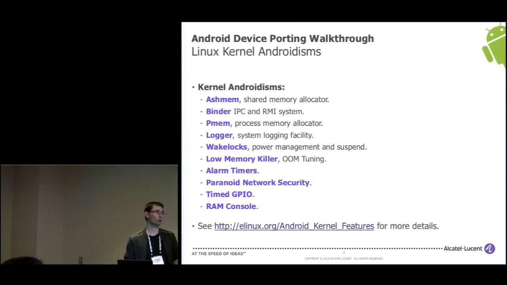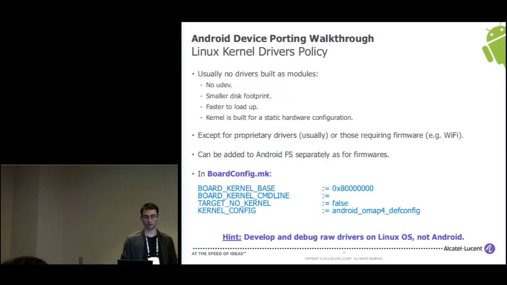The kernel is also one major thing that has been changed in Android. I won't go any further on that, but many patches have been added to the Android kernel. There have been a lot of talks about that, but most of the changes are around the binder, which is the new IPC system, the PMEM that we talked about this morning, the wake locks, and many other changes. If you're really interested in the details, you may have a look at the elinux.org wiki. It sums up all the changes that happened on the kernel, so it's really well documented. I won't go any further on that.